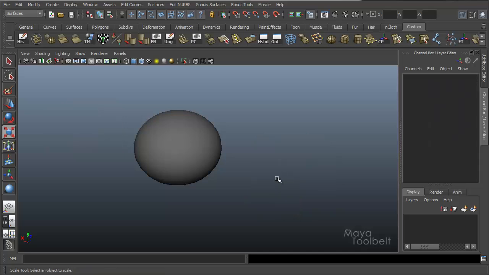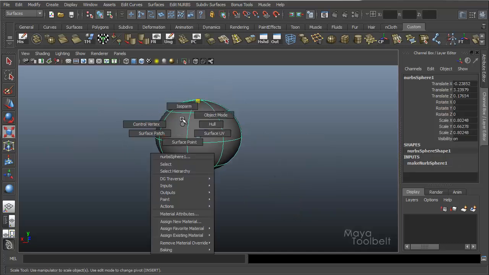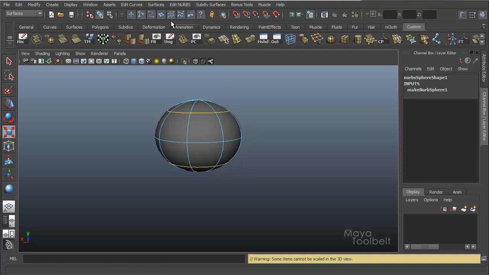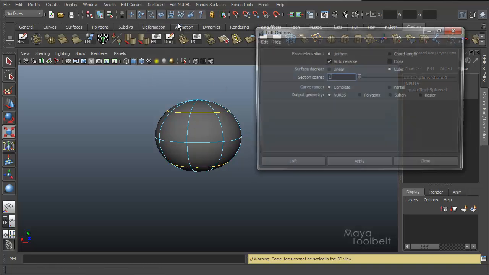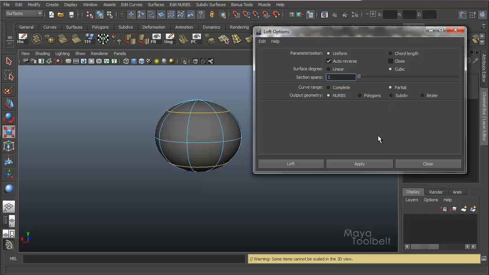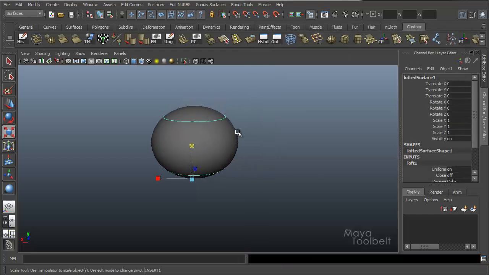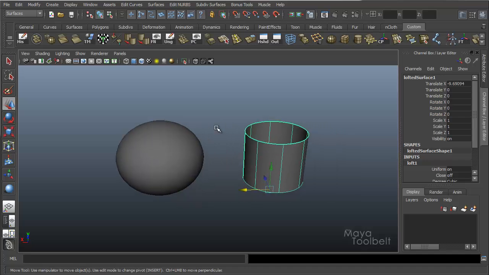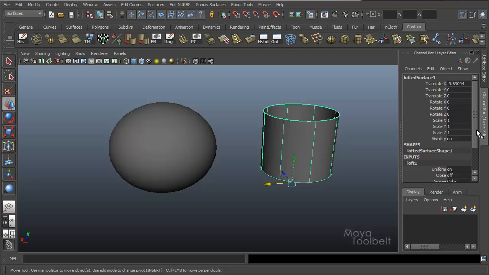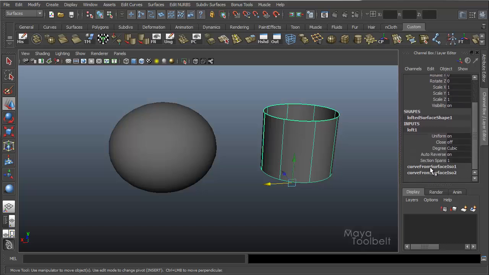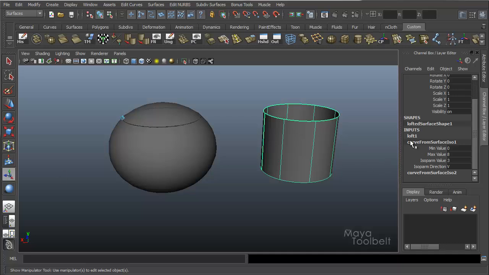And one more thing real quick. Just going to choose two isoparms again to loft between. Surfaces, Loft, Options, and make sure my curve range is Partial. Hit Loft, and just like before, and drag it over here so you can see, you can go over here in the channel box and you have, instead of subcurves, curve from surface with min and max values, which does the same thing essentially. But I wanted to show you that if you use the Show Manipulator tool over here on the left, when you have this curve from surface selected in the channel box,